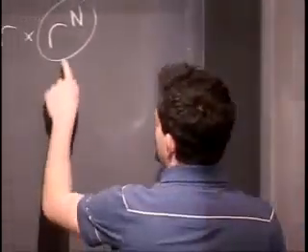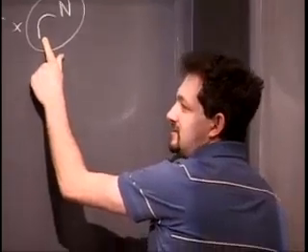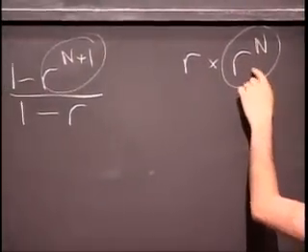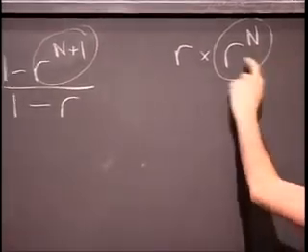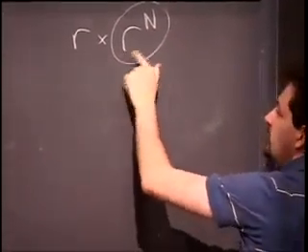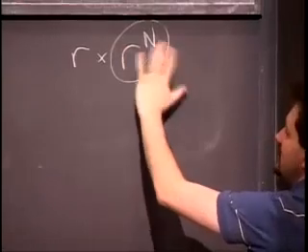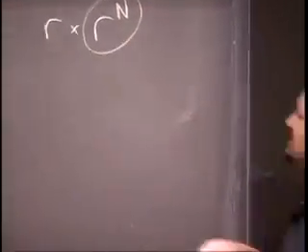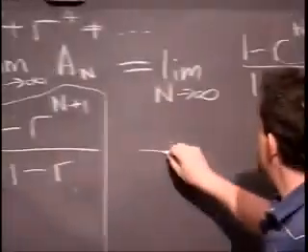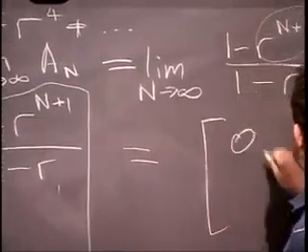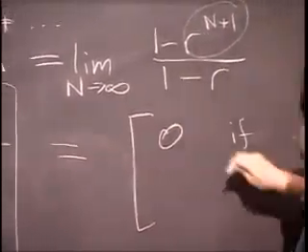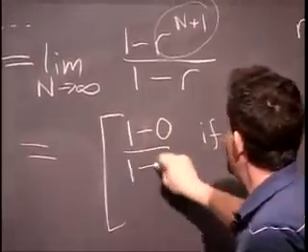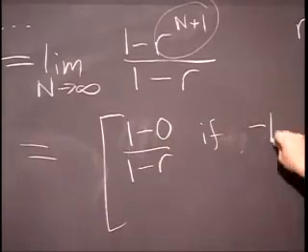Certainly, if r is greater than 1, that's infinite, so this limit doesn't exist. If r is equal to 1, we'll worry about that later. If r is negative 1 or less, then this limit doesn't exist anyway. It's actually only when r is between minus 1 and 1 that this limit is 0. So certainly, this limit is 0 if that part is 0. So it's 1 minus 0 over 1 minus r